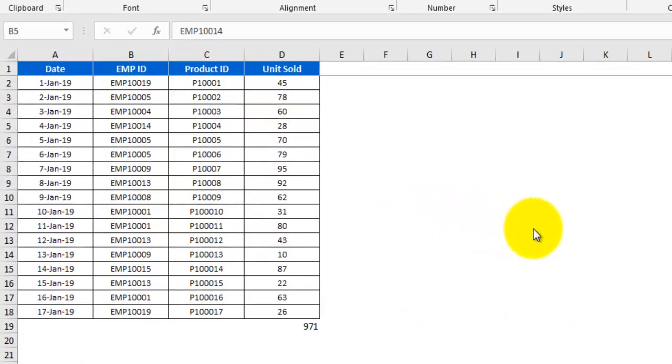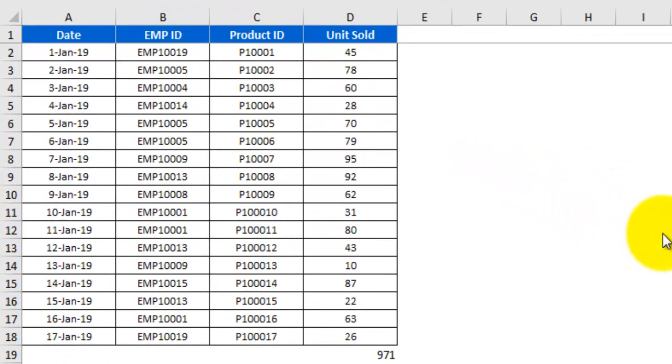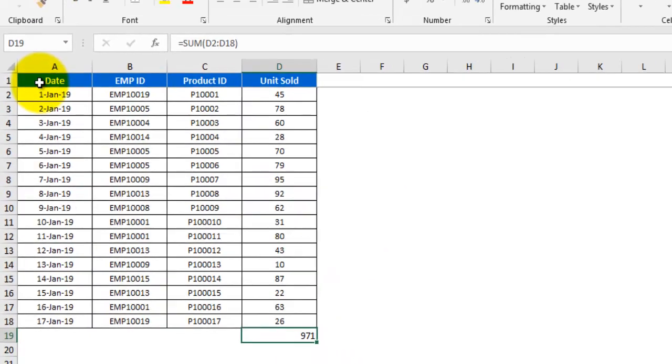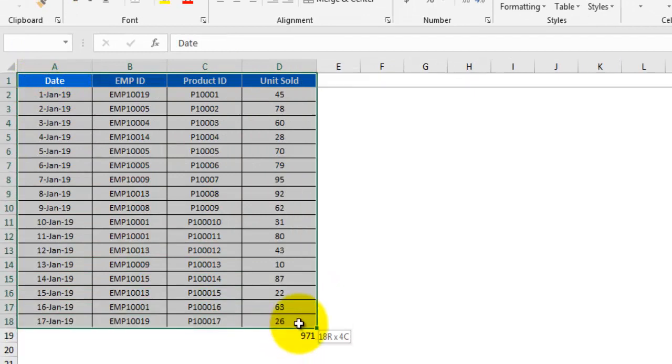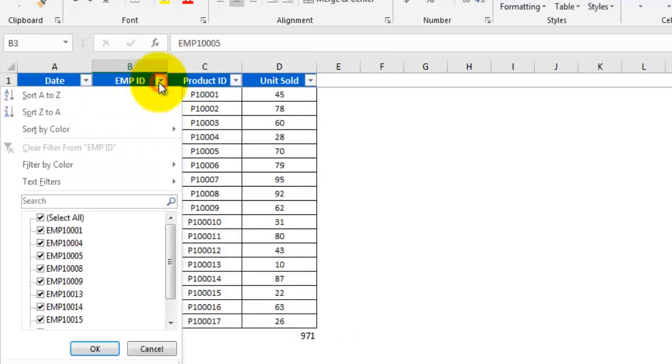Let's take a look at the dataset we have on my screen. I have fields called date, employee ID, product ID, and unit sold. And I have a simple sum function at the end of this dataset which calculates the sum of this unit sold field. And if I go and apply a filter to this data source, let's apply some filter to the employee ID field